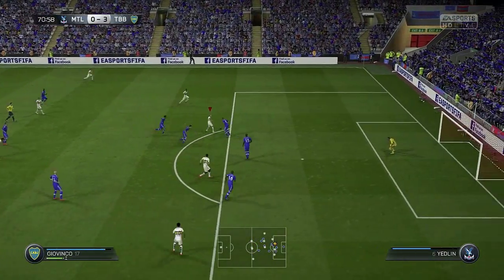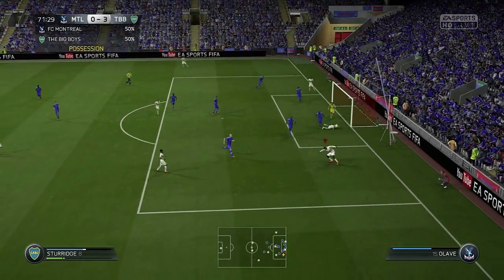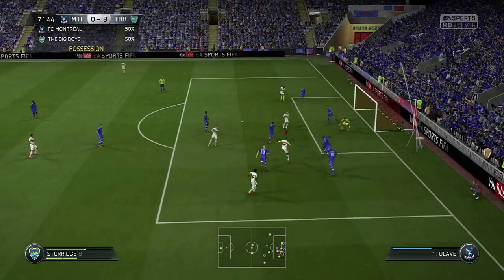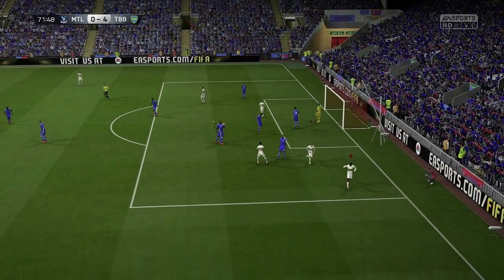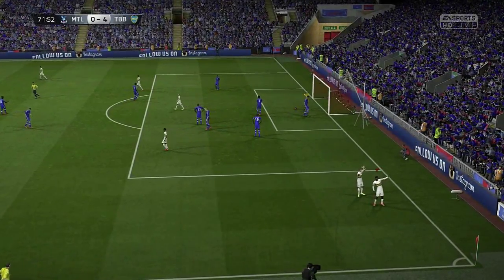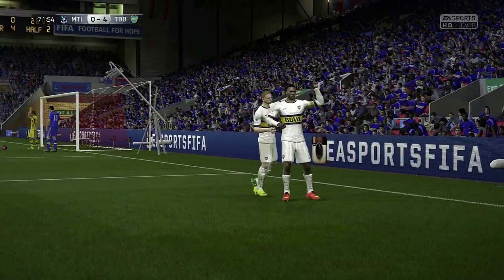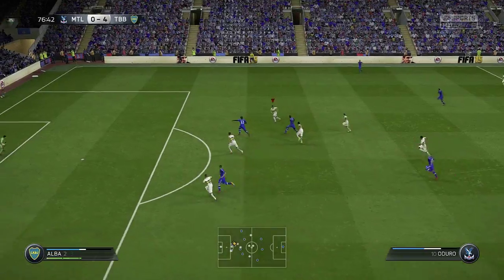And in the 70th minute, we were getting another chance right here. Neymar is going to cross it into Sturridge. Sturridge manages to somehow cut inside, finesses it. Amazing goal from Sturridge. Poor goalkeeping, in my opinion, from the goalkeeper right there. I would have been slightly annoyed if my goalkeeper made that mistake, but I'm not going to complain. I'll take the goal, and that pretty much sealed the game for us because this guy just kind of stopped